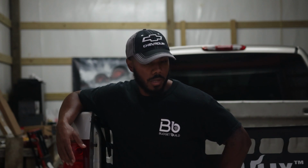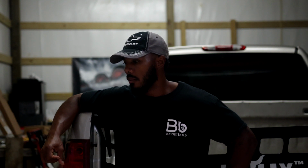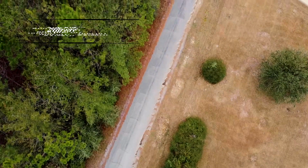Well, got one heck of a day coming up tomorrow, and it did pretty bad damage. The build on the truck, that's gonna stop for now, until we assess the damage and